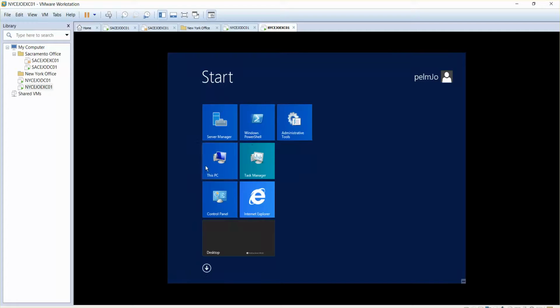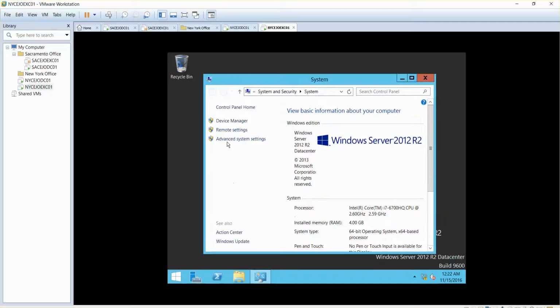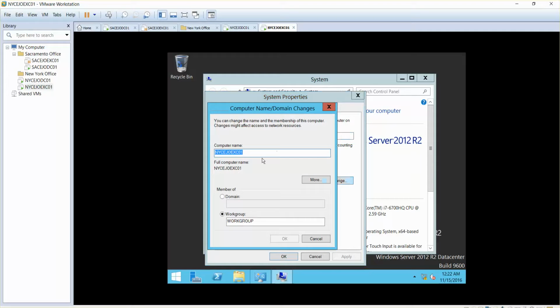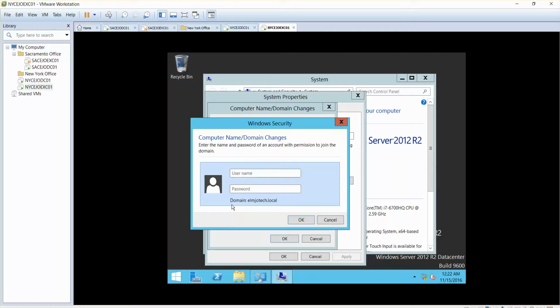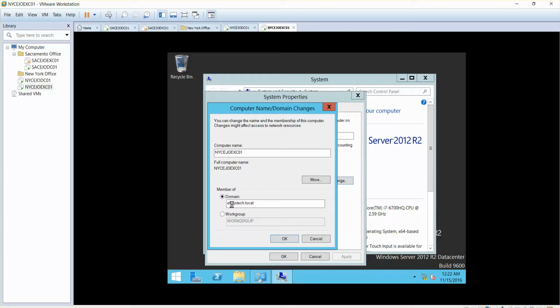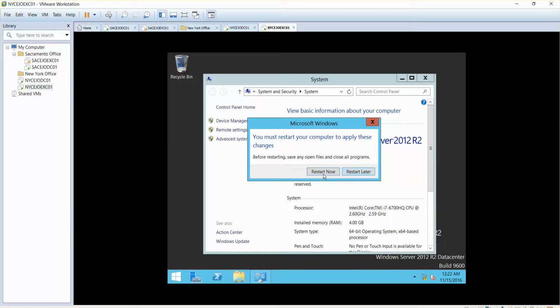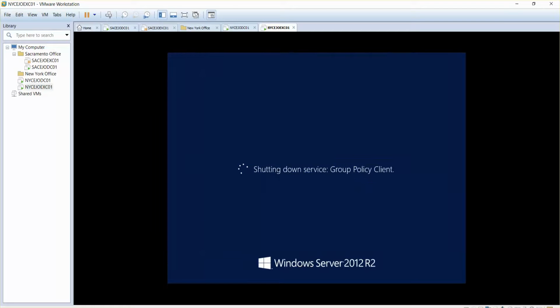The next step is to join this server to the domain, and then we will be done with this video. I'll click on domain and I'll simply say elmjoetech.local and then administrator and then the password for your domain. Welcome. Okay, and restart now. So I'm going to restart it so that this server is going to be ready for Exchange Server